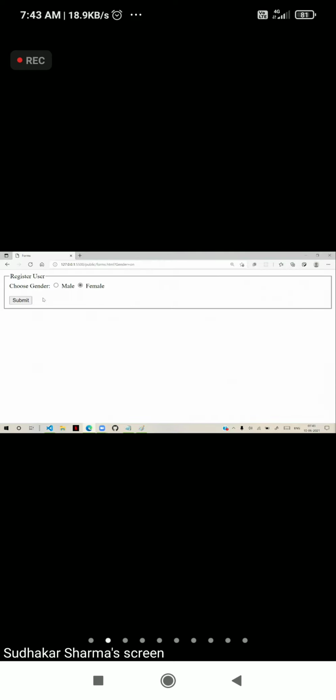I selected female, it is submitted. I selected male, it is submitted. You can see it's submitting that value. If the value is not defined, it is going to submit on. And if you want to submit anything specific, then you have to define it as value. So that is the main intention of radio buttons.